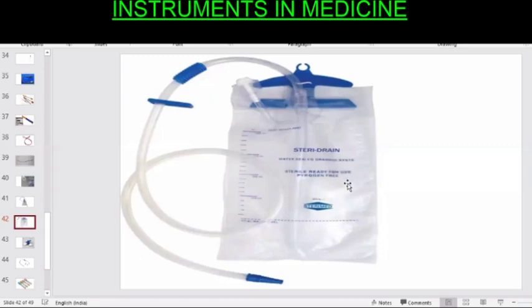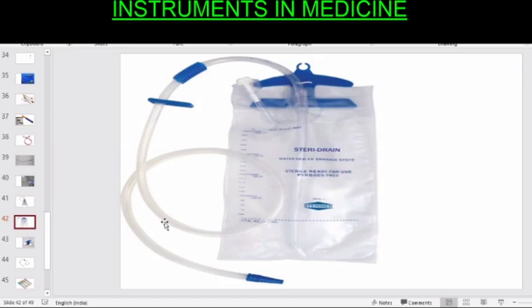Sometimes, rather than a plastic bag, there is a can also, especially if you go to surgical CVTS wards. Rather than this plastic bag, there is a big can, and there are 2 big cans, so that those patients who undergo bypass surgery or thoracic surgery, those cans are large, and therefore it can be kept for a long time. While in medical wards we don't use cans, we use this ICD drainage bag.